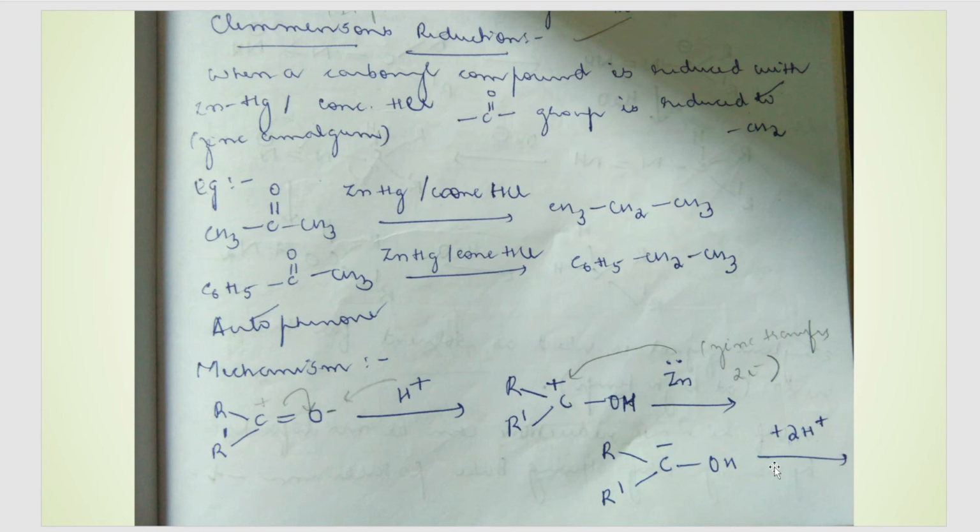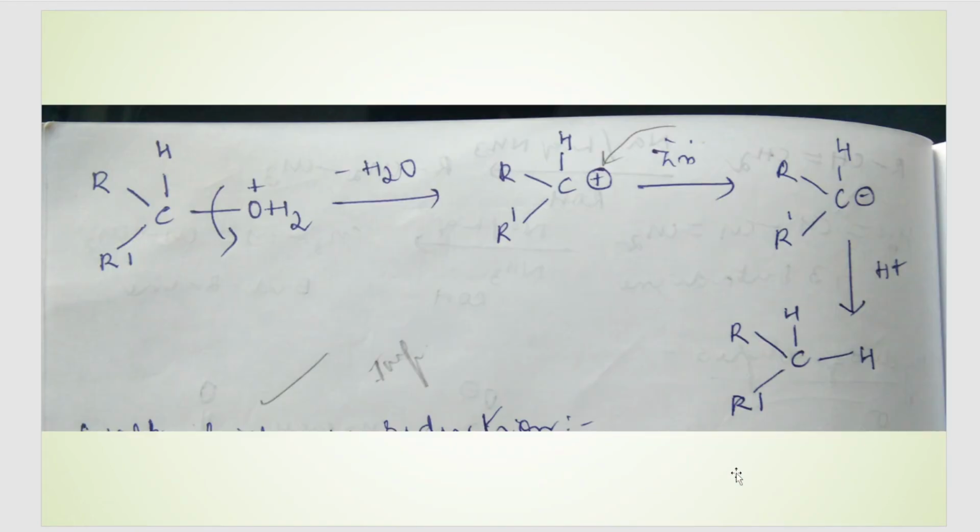In the next step, two protons are once again given from the concentrated HCl. There are many protons present in the solution because we are doing this reaction in the presence of concentrated HCl solution. One proton will attach to the carbon here, and one more proton will attach to the oxygen here. So what do we get? One proton is attached over here. One OH we already had, and one more proton got attached, so we get OH2. Now this whole thing, H2O, will go out as water.